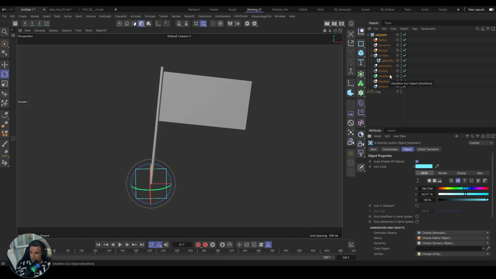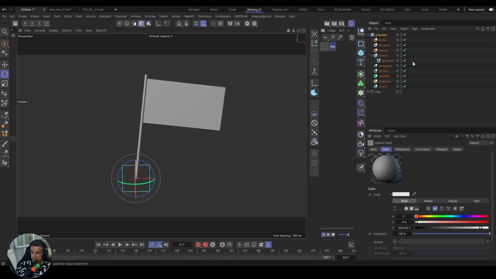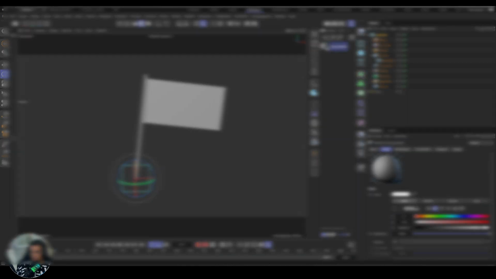And the main thing for this effect, for tearing cloth, we need texture. So I prepare it. You can use any texture that you like. I create standard Cinema 4D material because we can use only standard material to emit for X-Particles. So I choose this one, make it flag standard. And to the color channel,